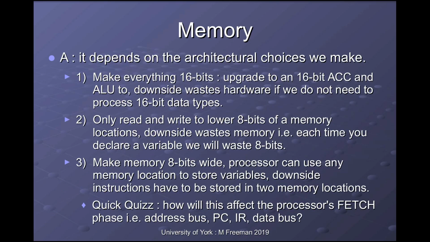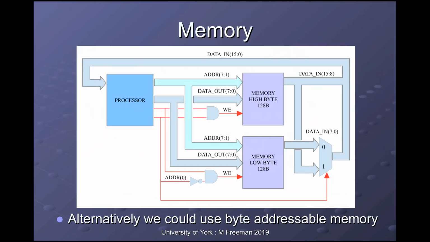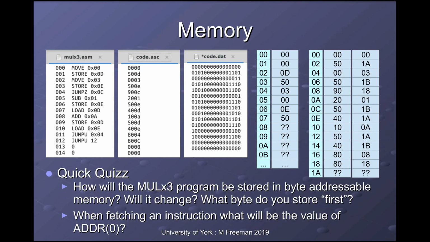We then had a look at how we will actually implement the memory of our system. One of the key ones was to move to byte addressable memory so that we maximized our memory usage. We didn't waste any space when we were storing data out into external memory. Again, we don't want to sacrifice the advantages of having a word addressable memory when we fetch an instruction. So we can read a 16-bit instruction within one memory transaction, and we can read and write to individual bytes within one memory transaction. As always, that has an impact on our system, so do make sure you're happy about